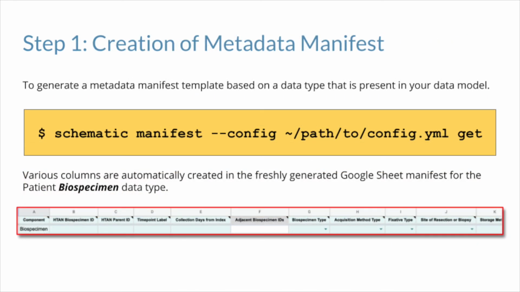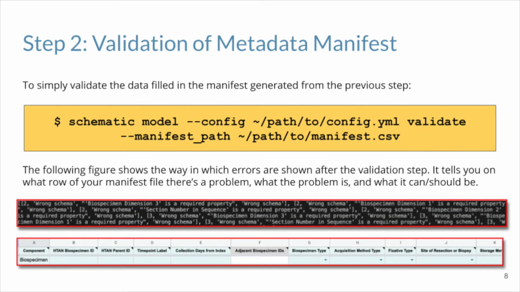If you recall, the first step in the data curation lifecycle is annotation. So the command that you can run to generate the Google Sheet interface for a specific data type is shown on this slide. The result is a Google Sheet with standard columns for annotating a patient biospecimen dataset. Here, we come to the second component of the data curation lifecycle, validation. You can see validation features like drop-downs restricting values for a column and color schemes indicating required versus optional fields. After filling out this manifest file, the user can download it as a CSV file.